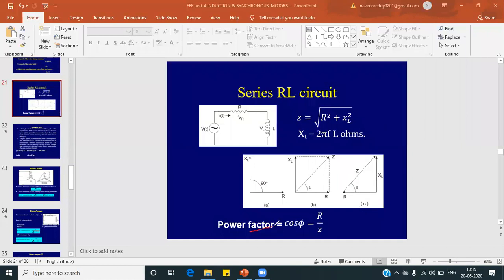Now, what is power factor? Guys, you know it. Power factor is cosine of the angle between voltage and current. Otherwise, from this triangle, that is cos of theta. Of course, it is represented mostly with phi, but I didn't find a diagram which has phi over here, so you consider it as phi. So cos of the angle is the adjacent side by hypotenuse, that is R by Z. Here you could substitute the Z value. So this is what a series RL circuit is.